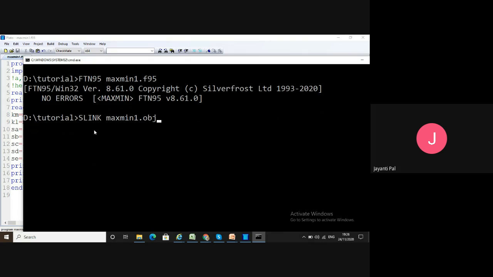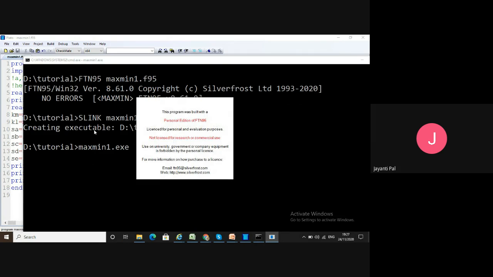Actually in Linux, we can do this in a single line, but for this compiler we have to write two lines. So it depends on the compiler how many lines of code you have to write. So here I'm running the executable file.